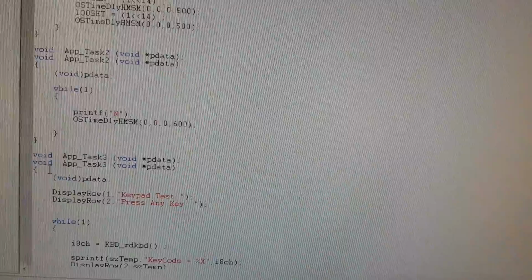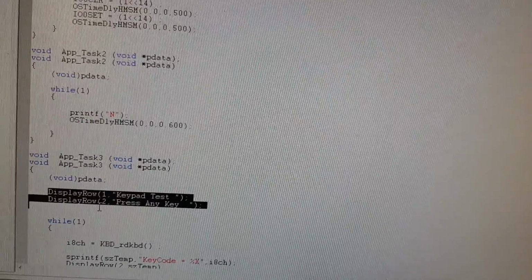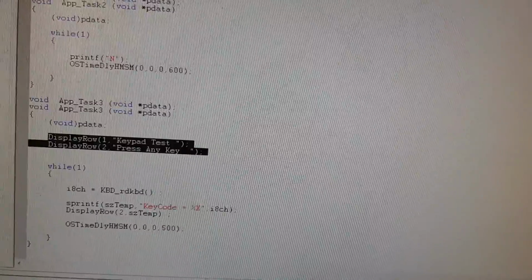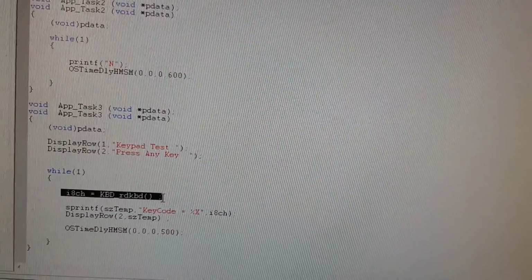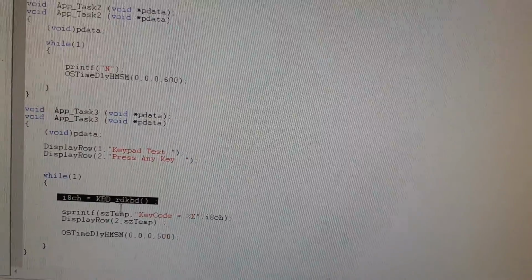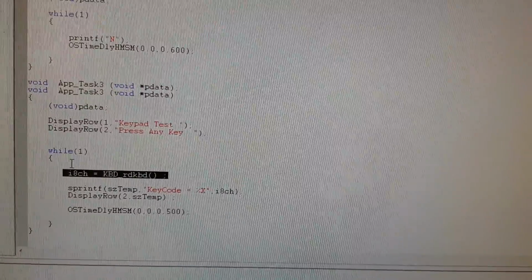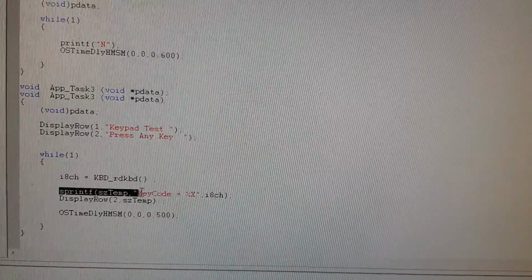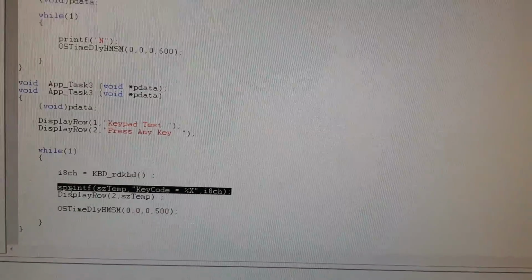And in task 3 you have to find out the pressed key from the 4x4 keyboard matrix by using this function, kbd read keyboard. Now whatever value we have got is nothing but the hexadecimal value. So to convert that hexadecimal value into ASCII, use this statement called sprintf.